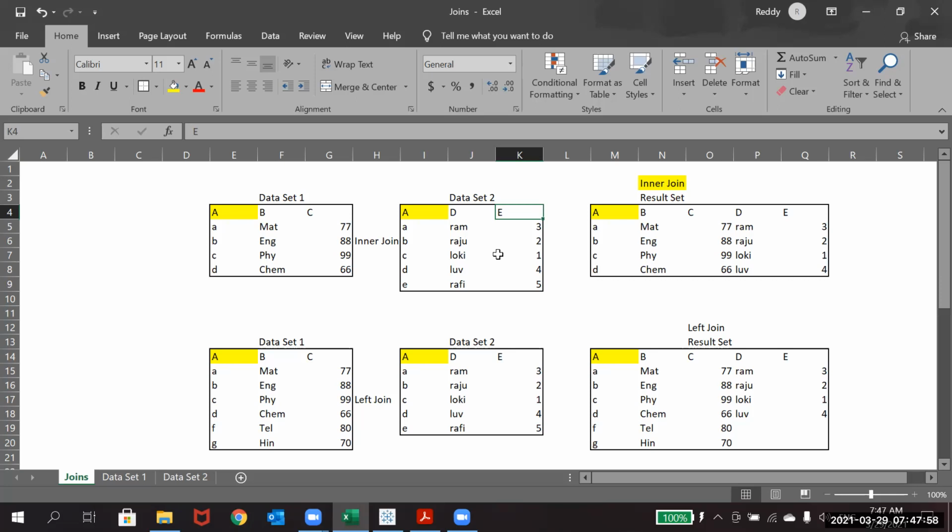We have told one to many. Based on this join, maybe you need to get only one column, one and one, which is nothing but one to one. And now we are telling, complete data set we have, and maybe from these two only one column you need to pull here, so that is many to one.